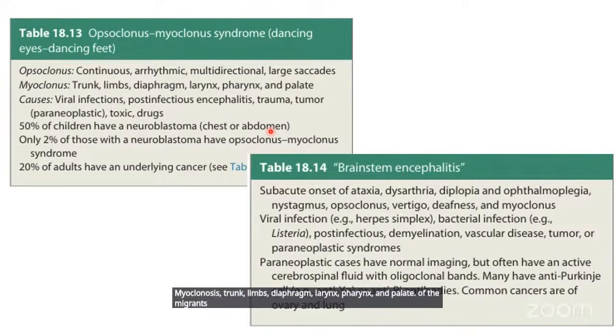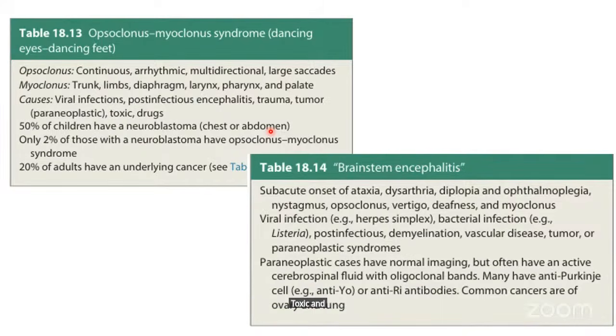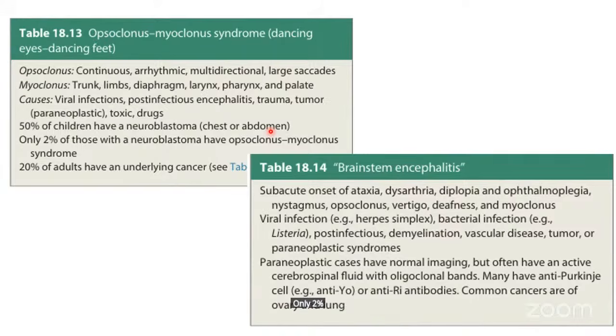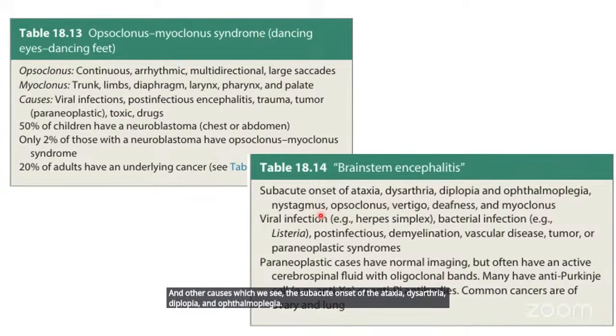The causes most commonly seen are viral infections, post-infectious encephalitis, trauma, tumor, toxic, and drugs. 50% of children with neuroblastoma, which is present in the chest or abdomen, can have it. Only 2% of those with neuroblastoma have opsoclonus myoclonus, and 20% of adults with opsoclonus myoclonus have an underlying cancer. Other causes: subacute onset of ataxia, dysarthria, diplopia, ophthalmoplegia, nystagmus, opsoclonus,